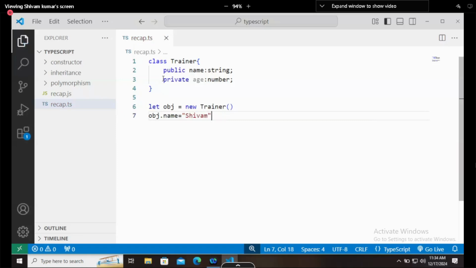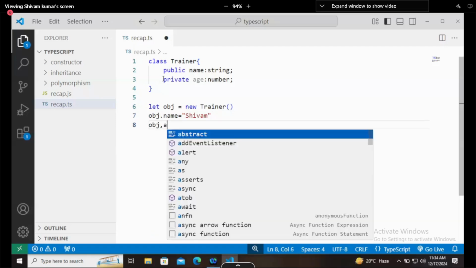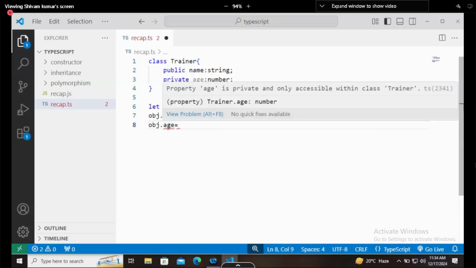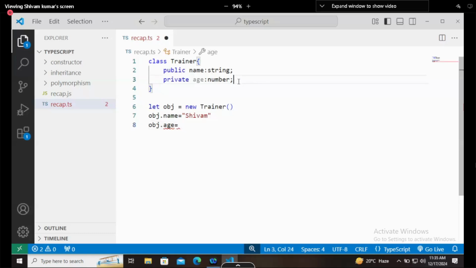If you are trying to set the value for age, object dot age equals, even here it's an error. And what does the error say? It says property age is private and it is only accessible within the class trainer. You can use this age inside the class only.